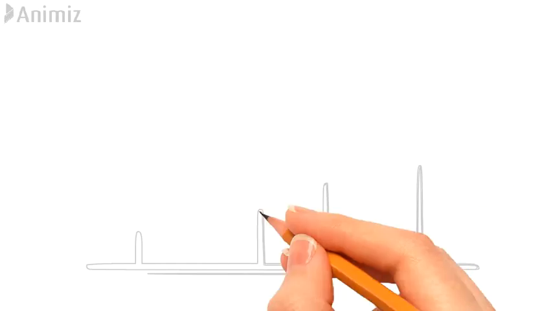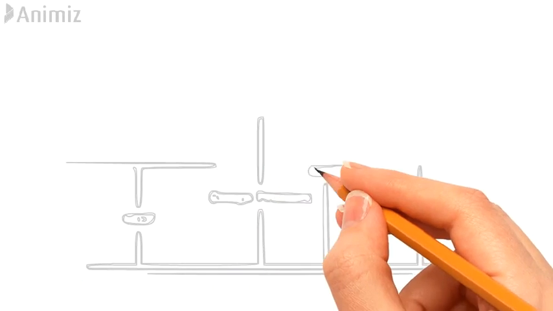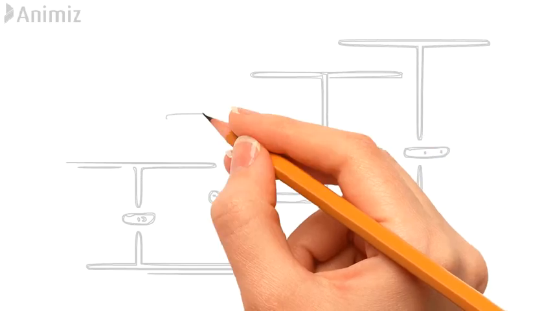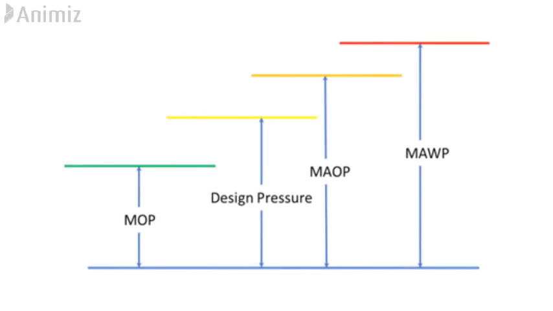What do we understand from this definition? First, MAWP is either equal to or more than design pressure. Second, design pressure can be considered as a base for set pressure of a safety valve or RD when MAWP is not known. But sometimes the situation is different, like design pressure can be more than MAWP. How is it so? Let's understand.